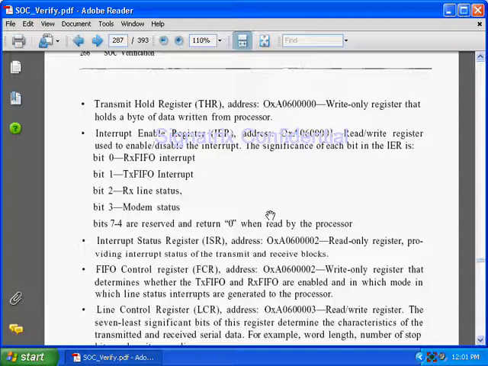Bit 0 is the RX FIFO interrupt. Suppose there is any problem, if a FIFO full or FIFO empty condition is there, during that time the FIFO will enable this interrupt. Bit 0, it will write inside this register. Bit 1, if you are setting bit 1, is the TX FIFO interrupt, meaning the interrupt coming from the transmitting buffer. Then line status: if there is any problem in line status, this interrupt is asserted. And modem status comes from the application side. These are some of the interrupt enable registers.